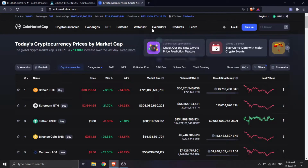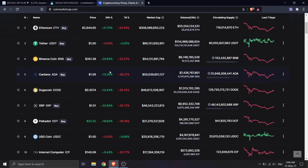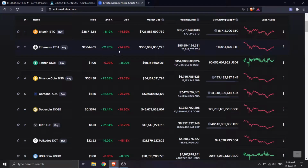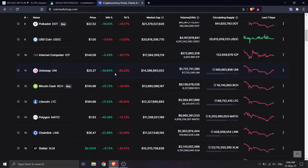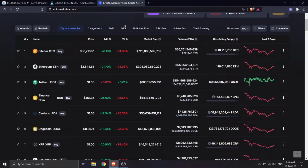Right now, today is a day of recovery. Everything is in the green, and you can see that if Bitcoin is up 8%, altcoins are like 20%, 25%. They're up a lot more than Bitcoin. Like you take a look at Uni, it's 40% up. So yeah, be careful when you're navigating the market right now,